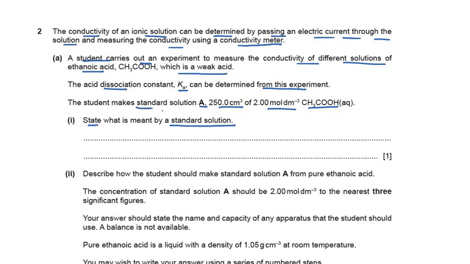Now here they have said a standard solution A is prepared, and about A the information is given. What do you mean by the standard solution? Now a standard solution is any solution whose concentration is known, or a solution of known concentration. That's the answer. If we know the concentration of the solution and we are using it, we can say it's a standard solution. Next question says